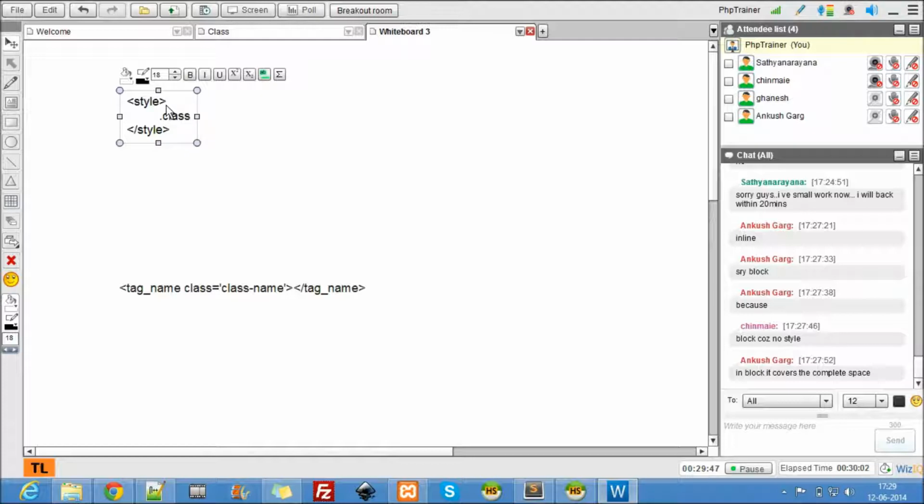So dot class name, and the same property and value. So what's the difference between yesterday and today? The only difference is this. Yesterday it was a tag there, now today it's a class.